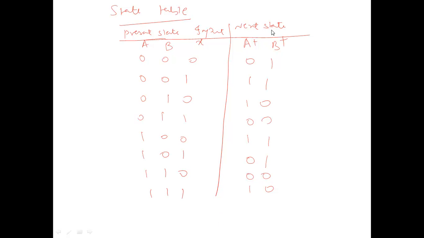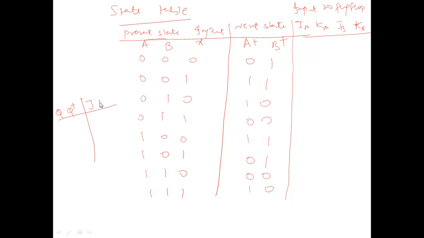Next, you can decide what type of flip-flop you want. So now I will tell you with an example using the JK flip-flop. Let us say we want 2 JK flip-flops, one for A and another for B. So JA, KA, JB, KB are there. You have to find out the inputs to the flip-flops using the excitation table. So you need to know the excitation table for the JK flip-flop: 00, 01, 10, 11.